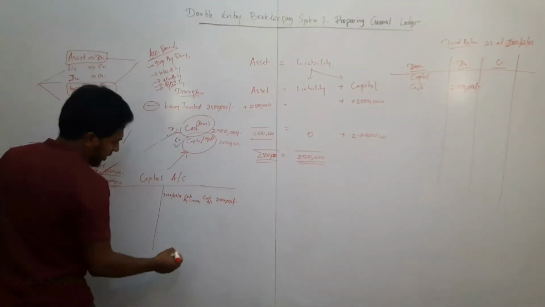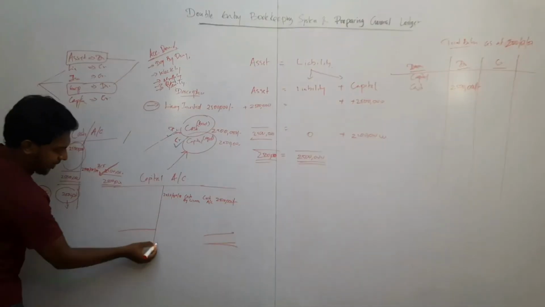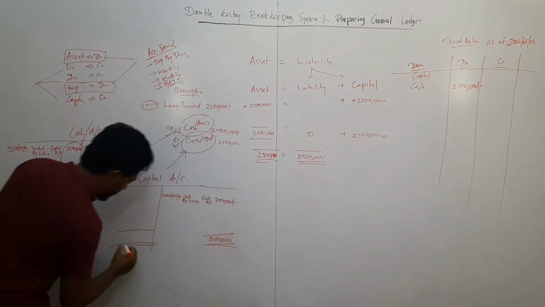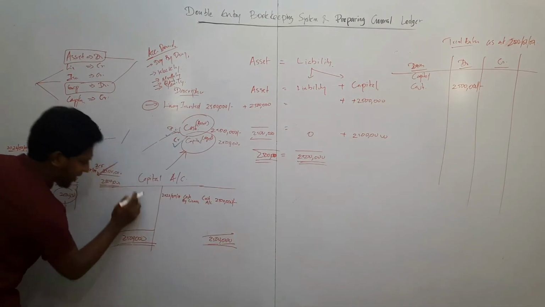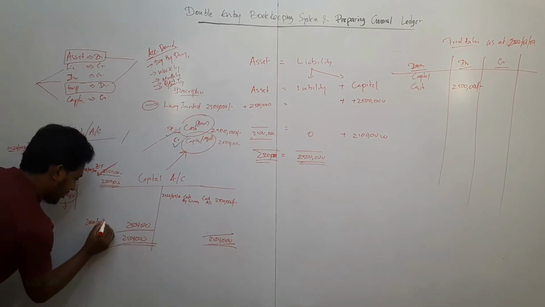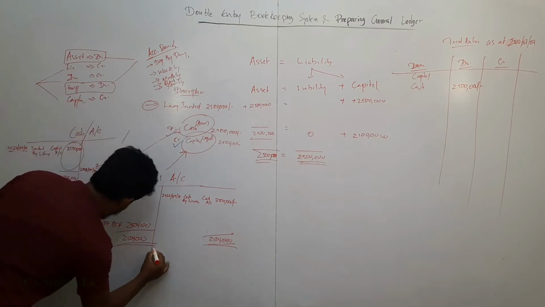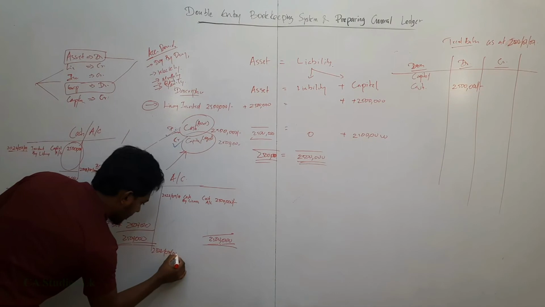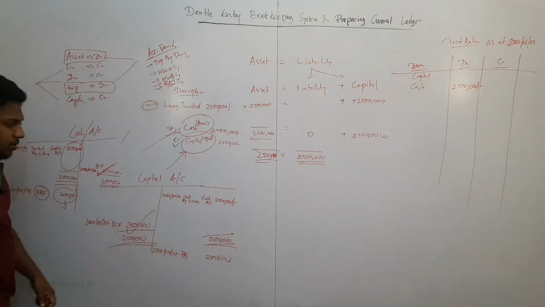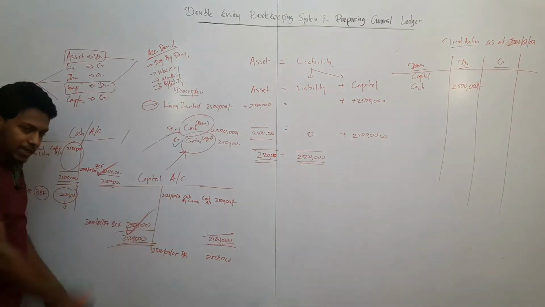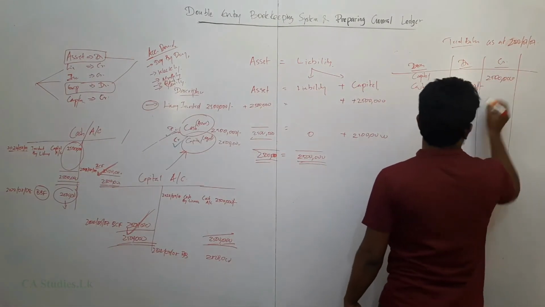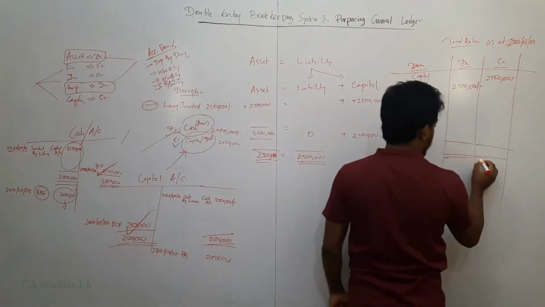Now I want to close the capital account. Which side is higher? This side is higher, so 2.5 million minus 0, 2.5 million. This is the 2022 July 7 balance carried forward, so 2022 July 8 balance brought forward 2.5 million. So this is a credit balance, put a tick here. Credit balance is 2.5 million. So weekly I have closed the accounts. The trial balance should be equal.